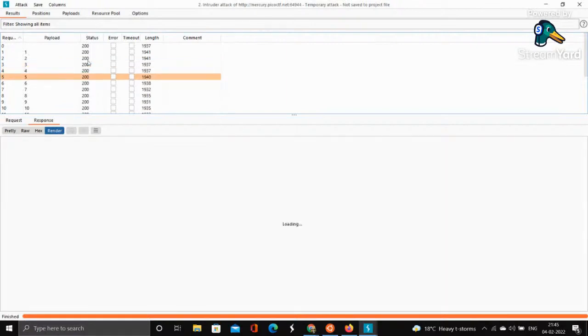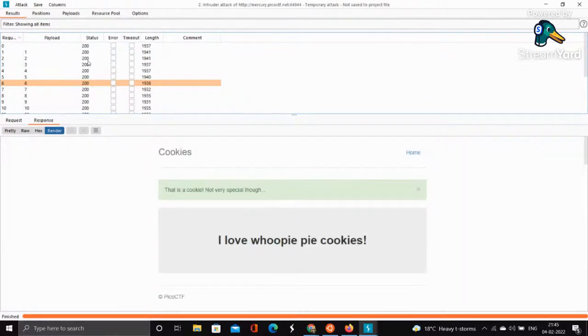I can also use Python for it, but the problem with Python is we have to write some code, and I don't think you will understand much of that right now. So I'm using this thing here: